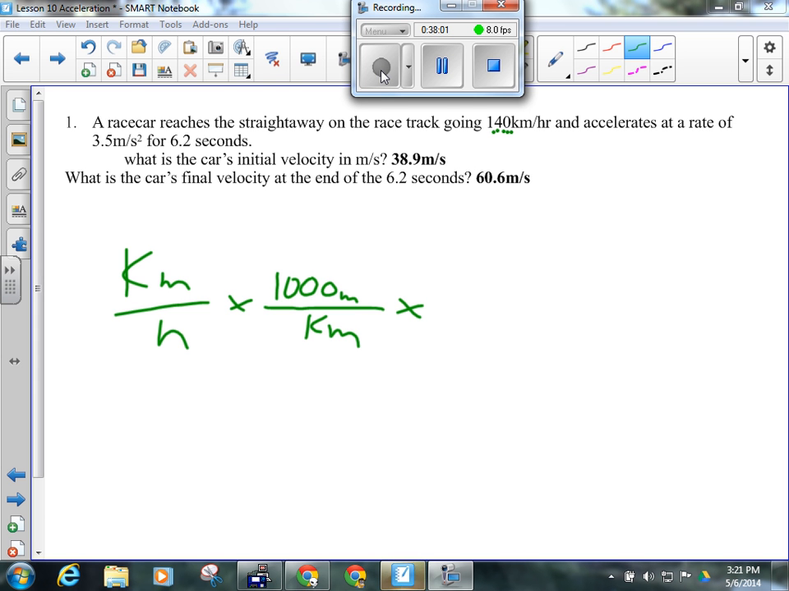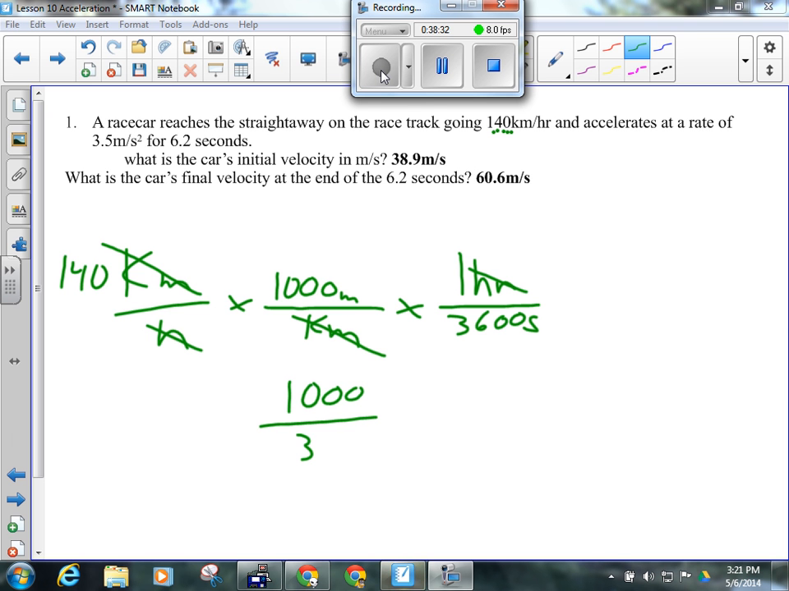Then the other thing I have to do is convert the hours to seconds. In 1 hour, there are 3,600 seconds. Now you'll notice by doing that, I have kilometers on the top and on the bottom, so they cancel. I have hours on the bottom and on the top, so they cancel. So whatever I had in kilometers per hour, it was 140, I multiply it by 1,000 and then divide by 3,600, which is the same as saying 1,000 over 3,600,